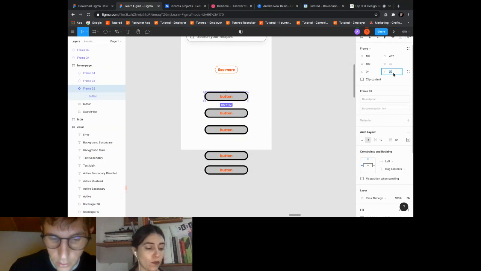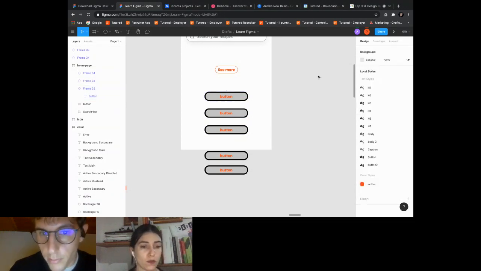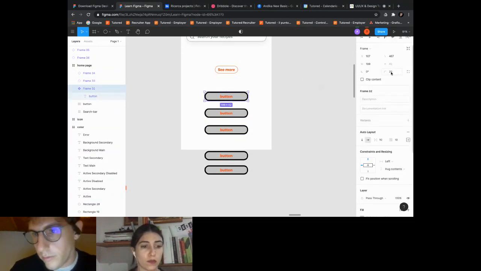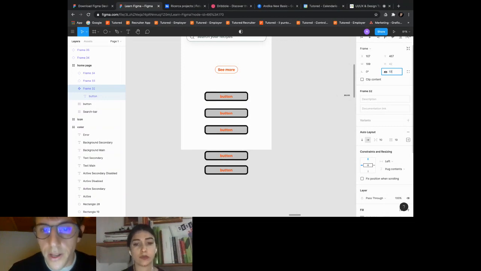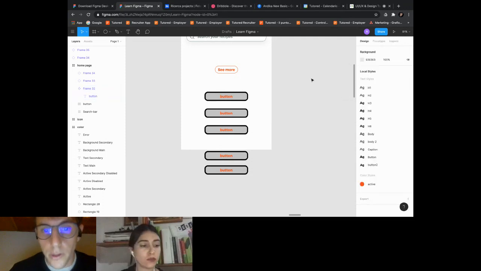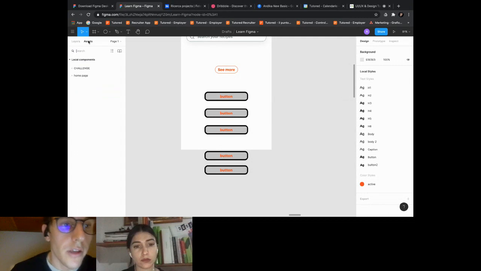For if I change here my radius, it will change on all instances. This is very important. Create a component, and it's also for organizing your project, because you can find your components here in your assets. Look, I have here my components.